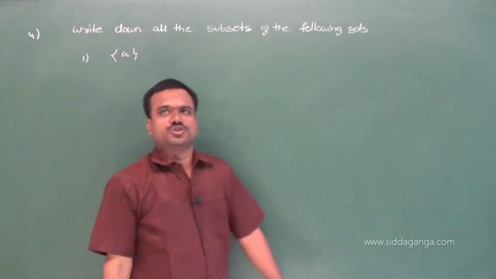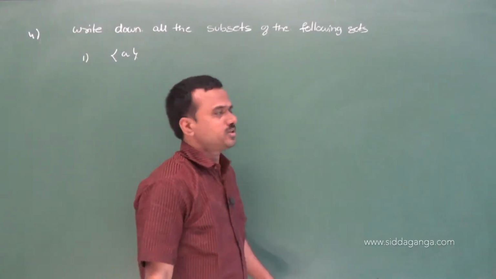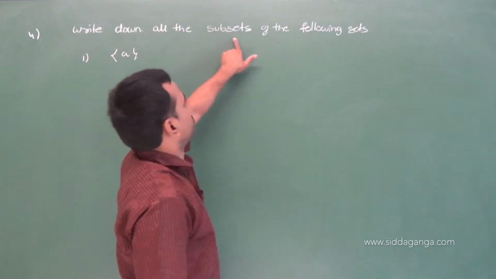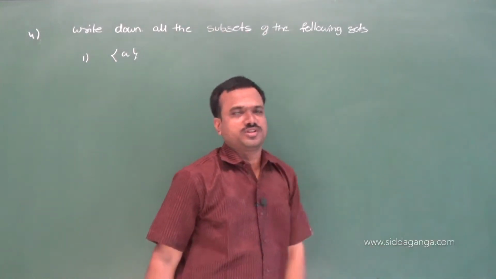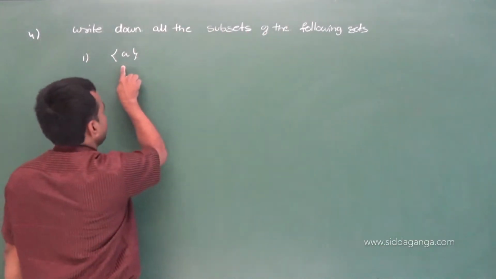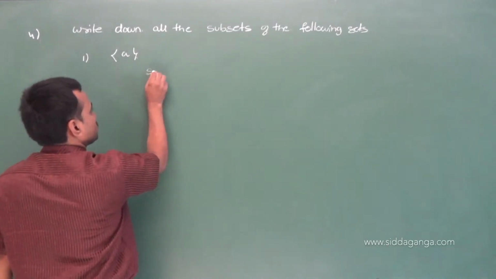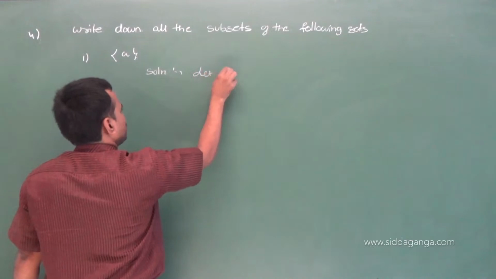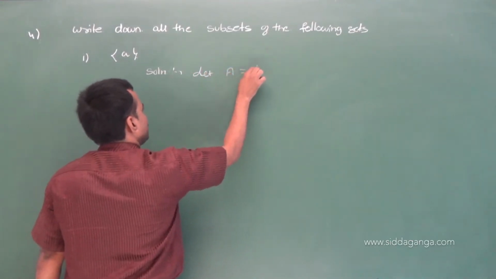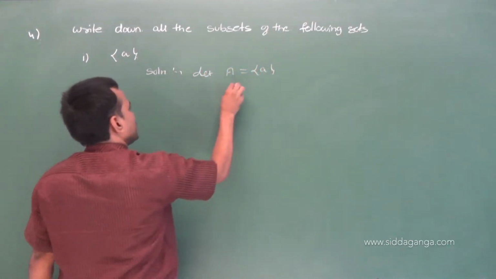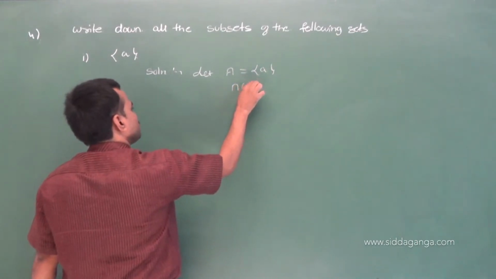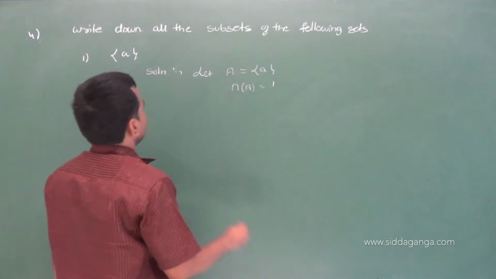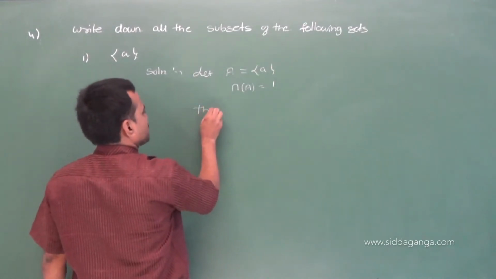First question, write down all subsets of the following sets. He has given only one element. So, solution. Let A be equal to {a}. n of A is equal to 1. Singleton set. So, the subsets